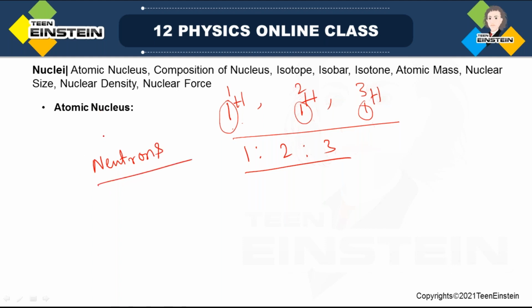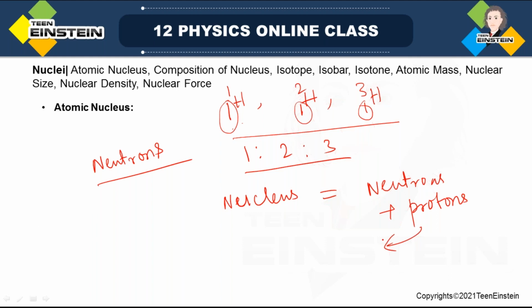So the nucleus is composed of neutrons and protons. Now, protons are positively charged particles. If we know the details of the proton, the proton is a charged particle. It has mass mp, we write generally mp, and that mass is actually